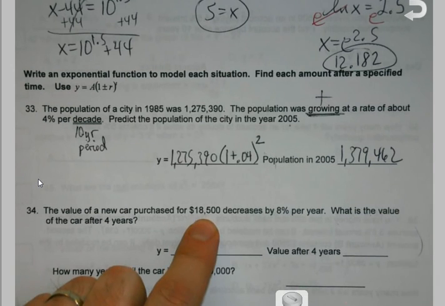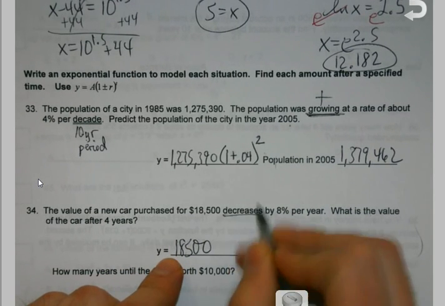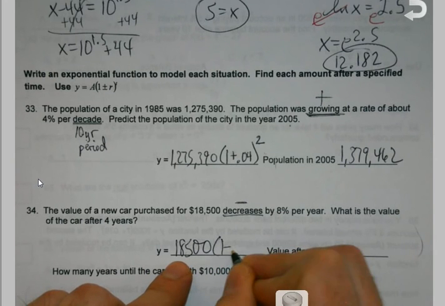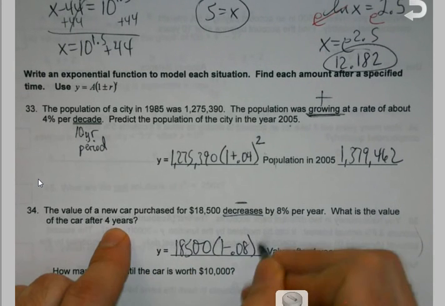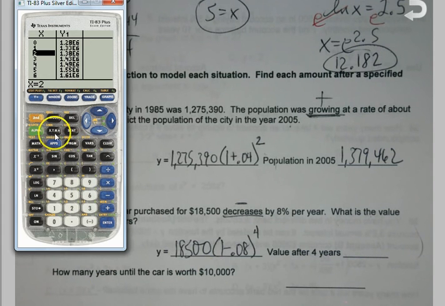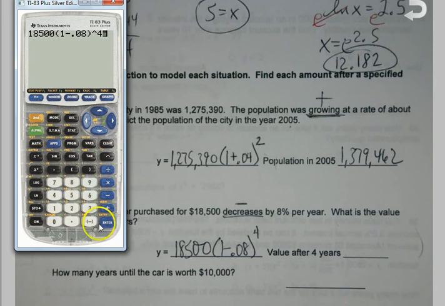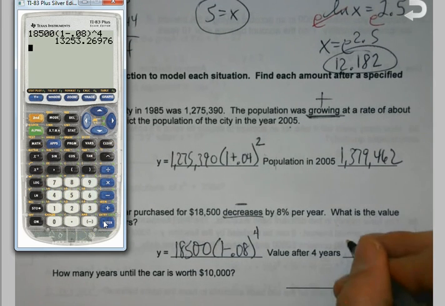Value of a new car purchased for $18,500 decreases, minus, by 8% per year. What's the value after 4 years? Again, if you don't have to get fancy with the y equals part, don't. Just type in, and you always get numbers that you can actually use for answers. So that car after 4 years is worth